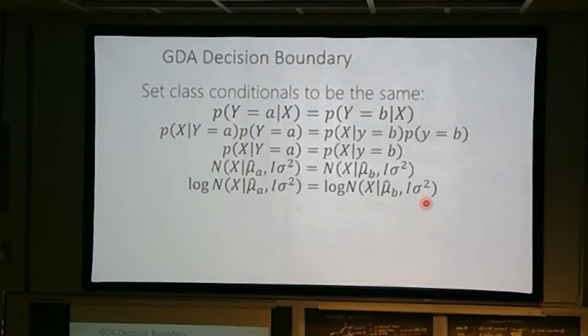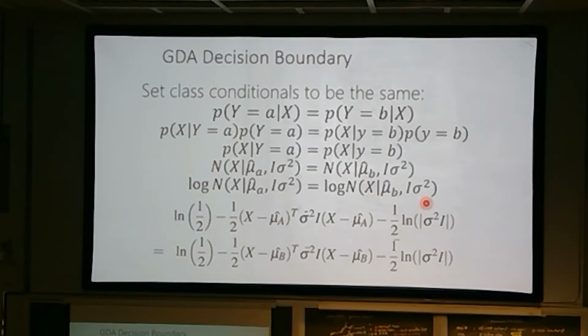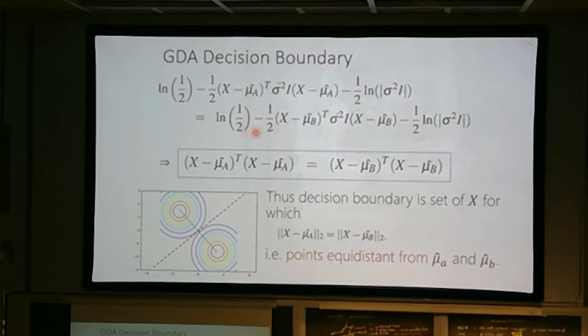Going through, I can take the log because it doesn't violate the equality, and then I can instantiate fully the densities there, so I get this whole long drawn out thing. I know I went a little fast here, but you can easily follow this at home. There's nothing fancy going on here, it's just some manipulation. But I'm going to carry this last thing over to the next slide, so that's just rewritten here.